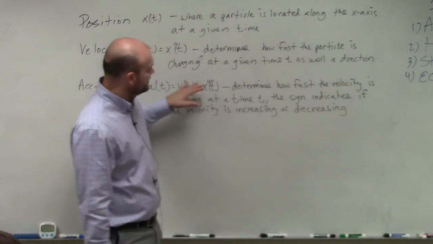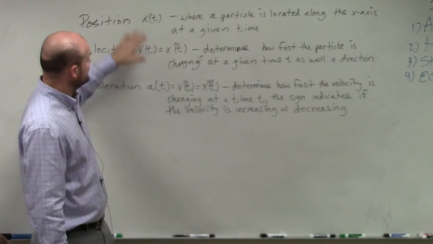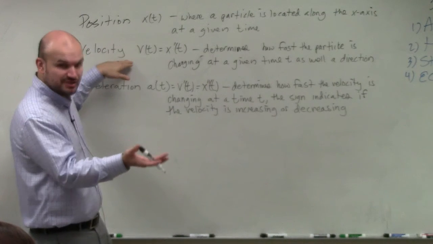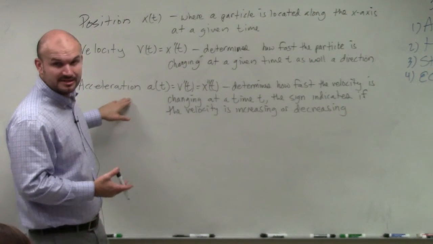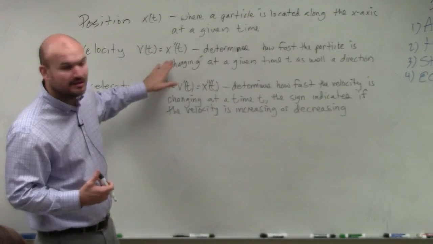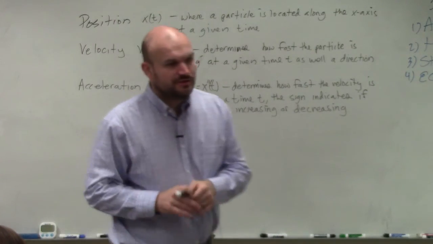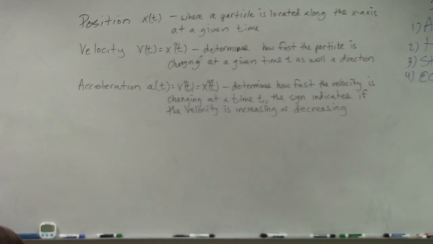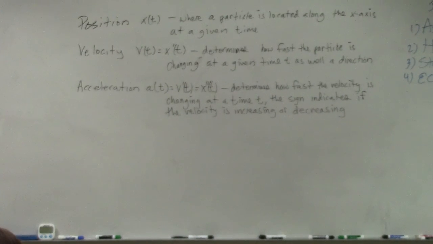So remember, basically, you're just looking at these as derivatives. You have your position, where something lies along the x-axis. Velocity is the change in the position. And then acceleration is going to be the change in the velocity. Okay? So those are your three little notes that you have. That will help you guys as far as filling out questions 1 through 9. And then what we're going to